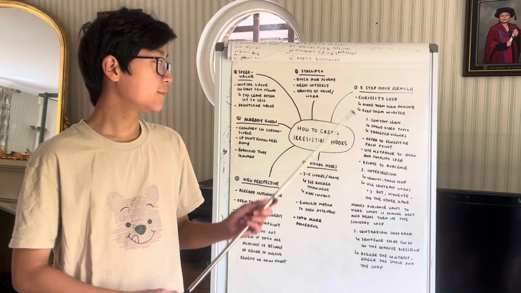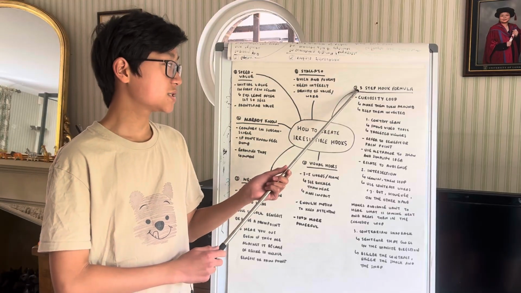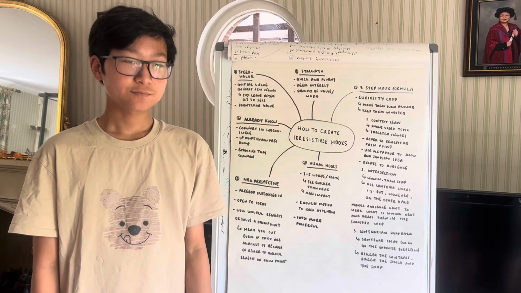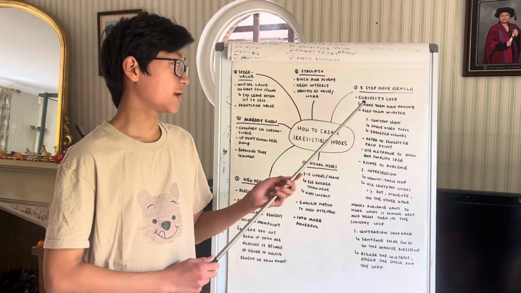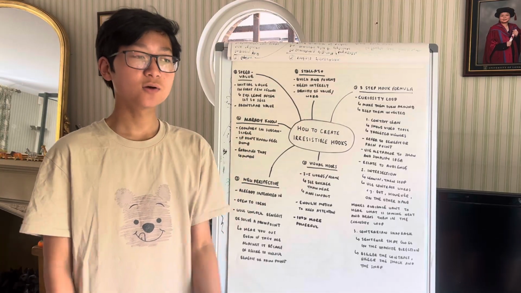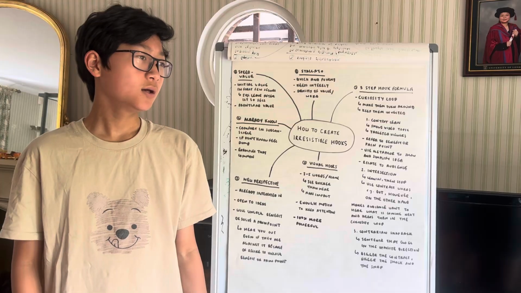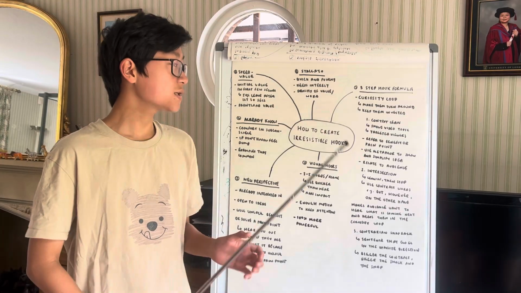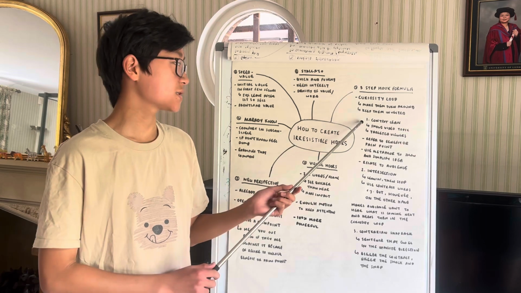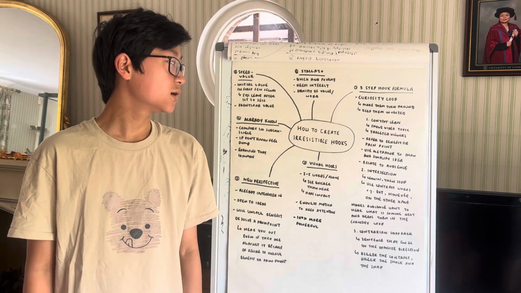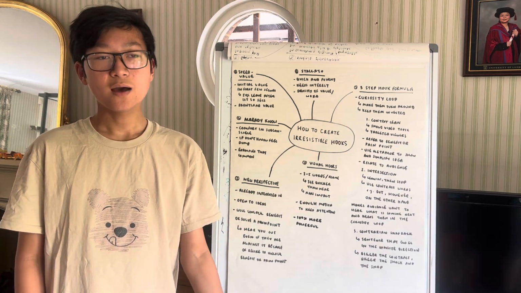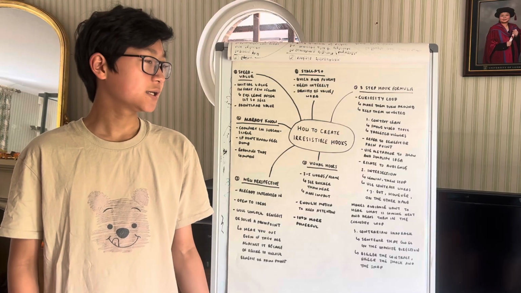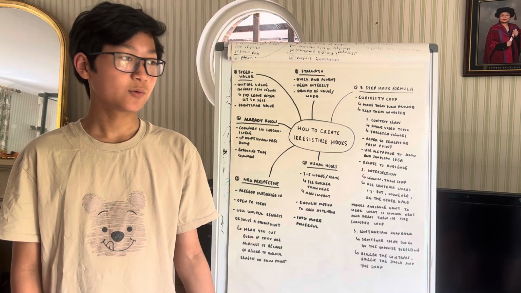So firstly, you can follow this 3-step hook formula. The reason for it is to create a curiosity loop so that the audience gets attracted to your video and they want to keep listening. So the first step is the context lean. This shows the topic of the video, and it targets the viewers who would want to listen to what